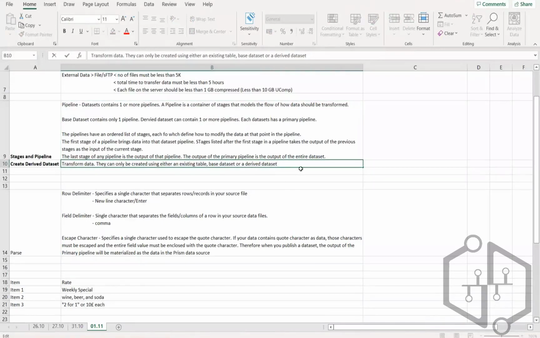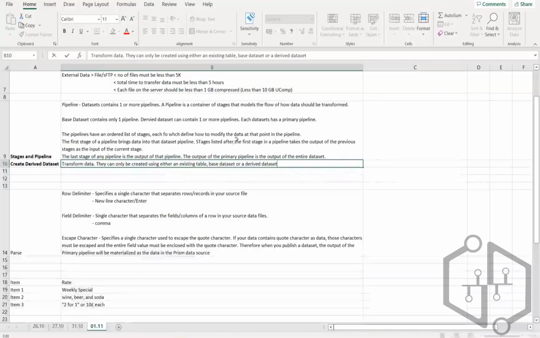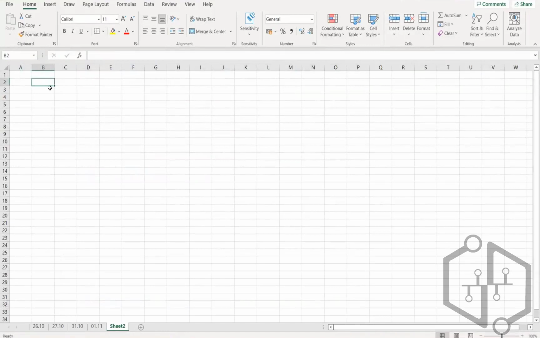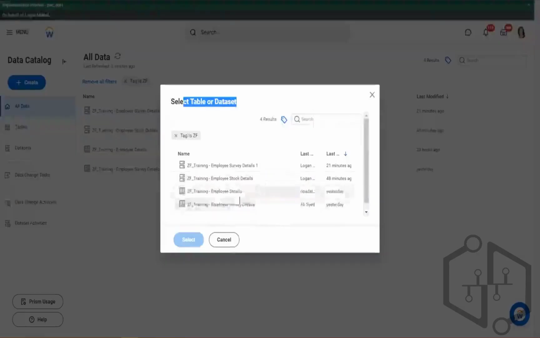You would select that table or base data set or derived data set to create your new derived data set, which you want to act as your primary pipeline. Now, how would you decide that? Here, my use case is, I have two different types of data. I have employee data, which I'm reading through my custom report, which has employee name, their age, and so on and so forth. If you remember, employee details, this is my